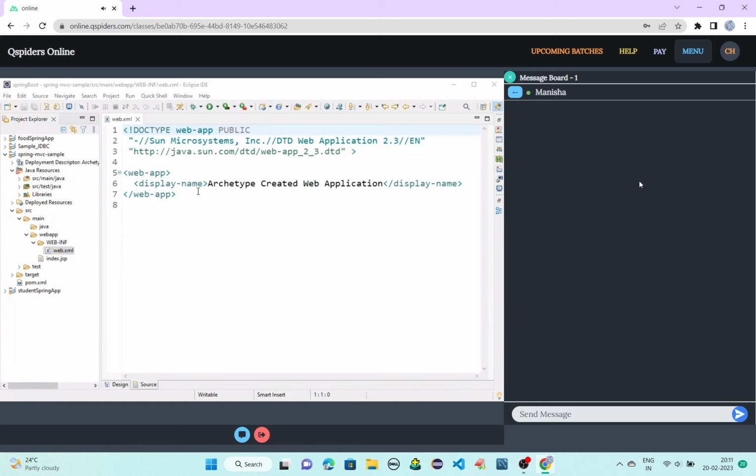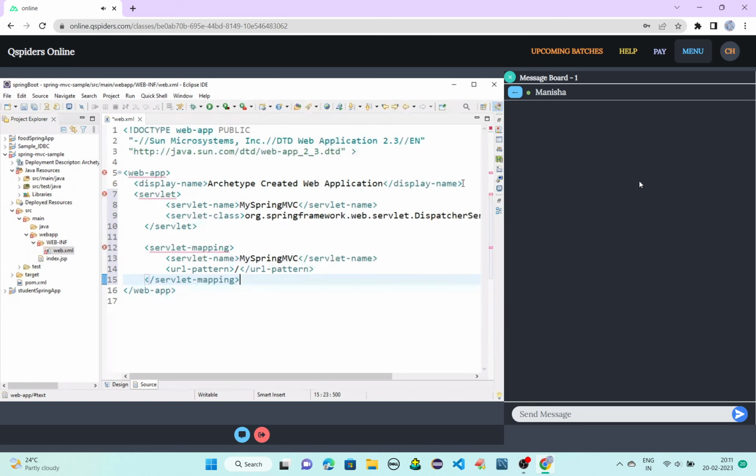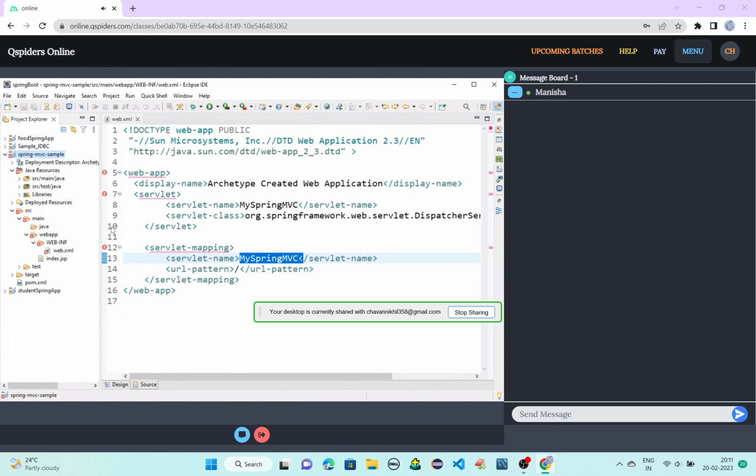Inside your web app, I'll be using servlet mapping. And here the servlet name I have given is MySpringMVC, and I have given MySpringMVC here as well. And I'll just update the project.